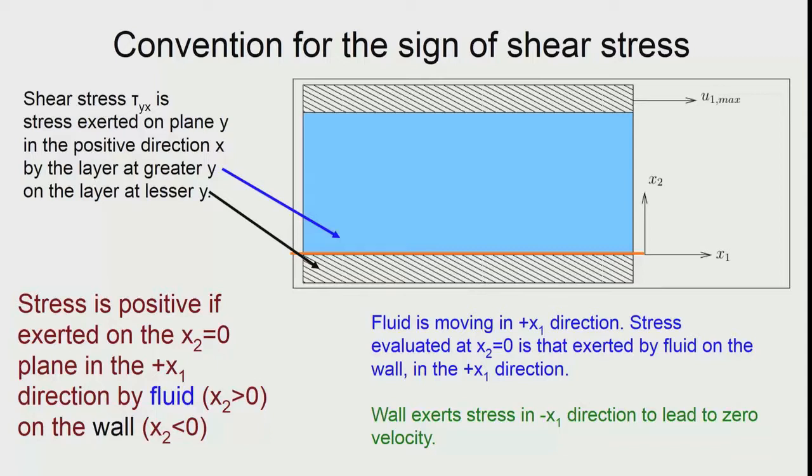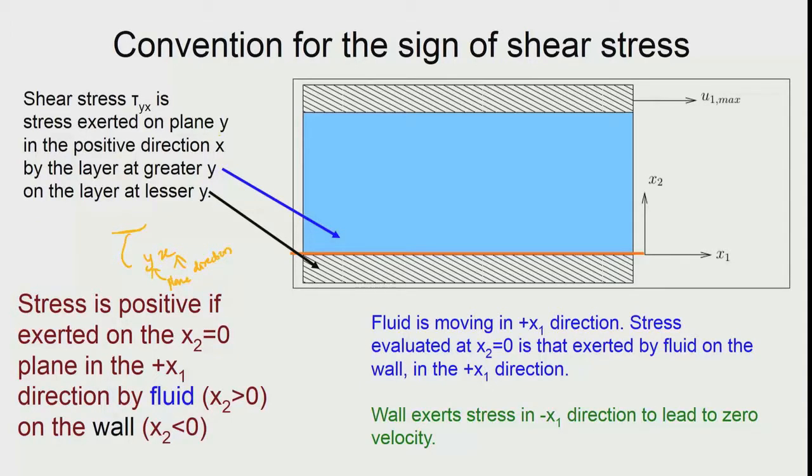So, this definition will be repeated in every problem in this session, so that we can commit it to our memory. The shear stress tau is basically the stress exerted on a plane y. You can see that tau is written as this, tau yx. So, one of them is the plane and another is the direction. Of course, one is the plane and another is the direction, we can swap them because of the symmetry.